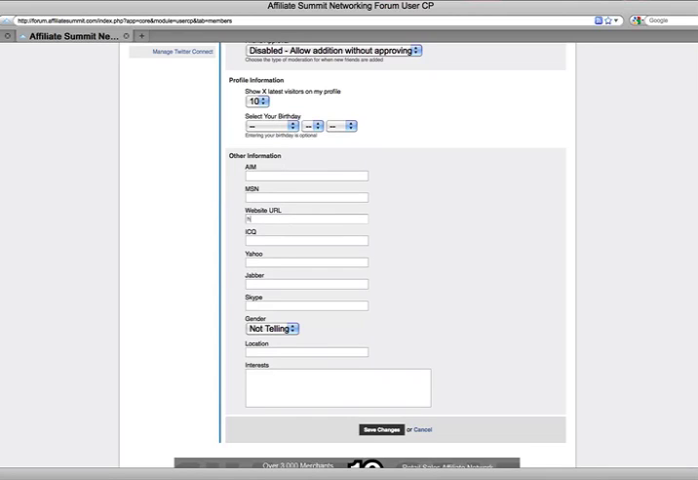So if you want people to find you at your website, make sure you put in the HTTP. For a while we couldn't do that. Let's see if this works. And you can put in your Yahoo, and you can put in your Skype. And I always spell affiliate wrong,